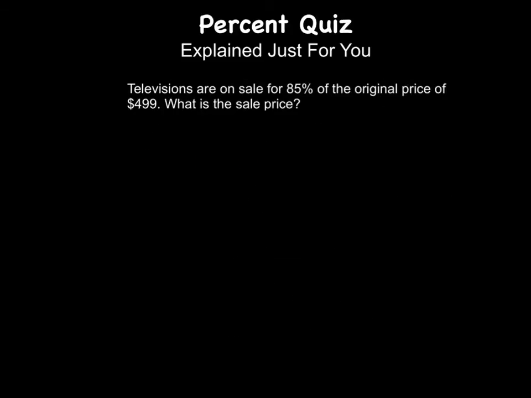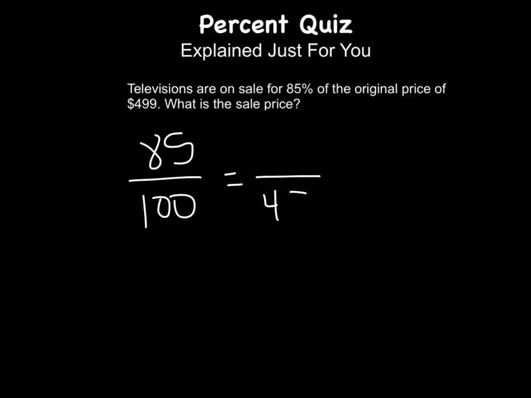All right, televisions are on sale for 85% of the original price of $499. What is the sale price? So we know our percent. We know our whole. We are missing our part. So I would just do a proportion here and figure it out. You know what I'd actually do? I think I would set it up a different way. You could definitely solve it that way, but I think I would do